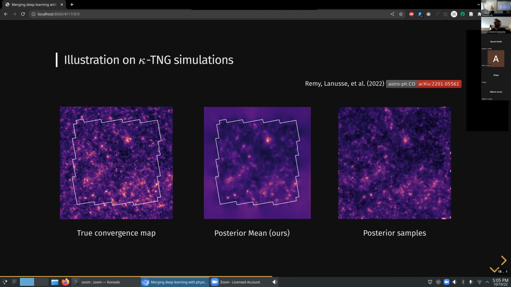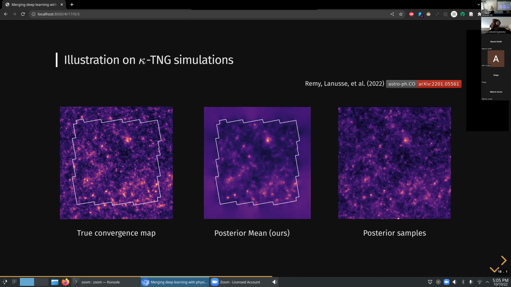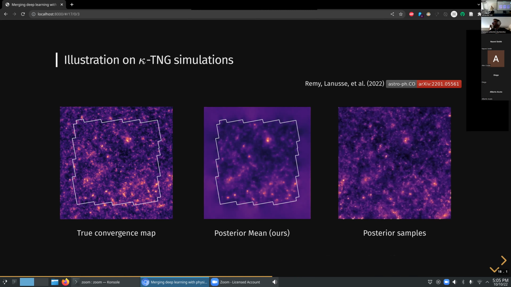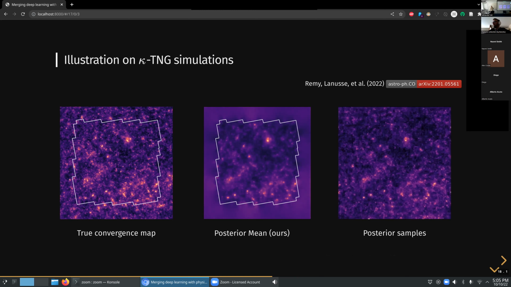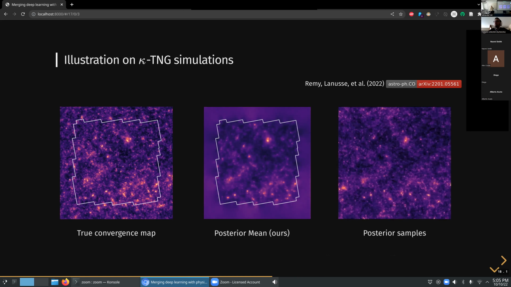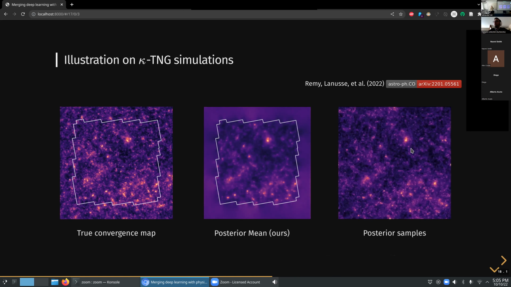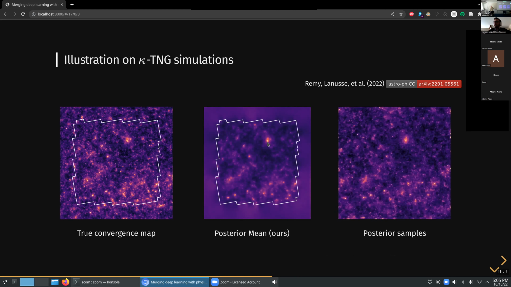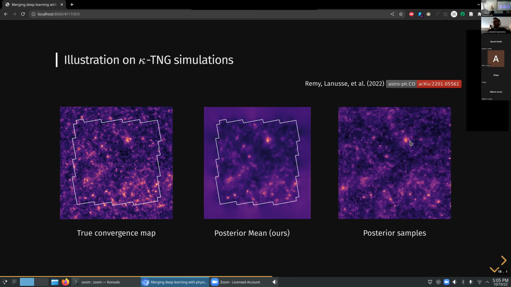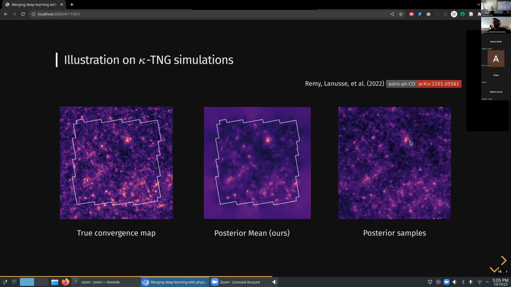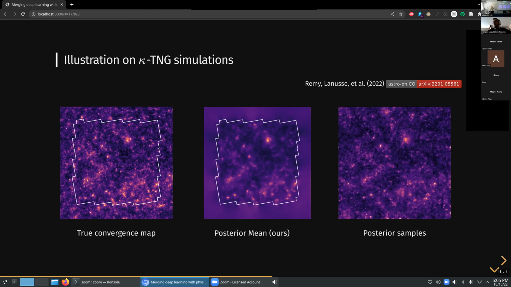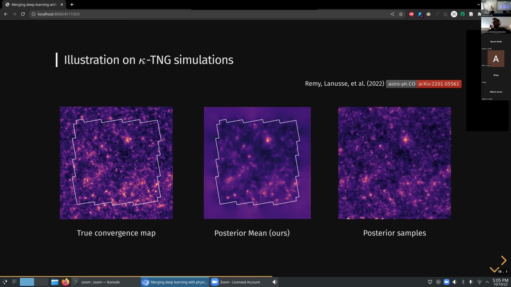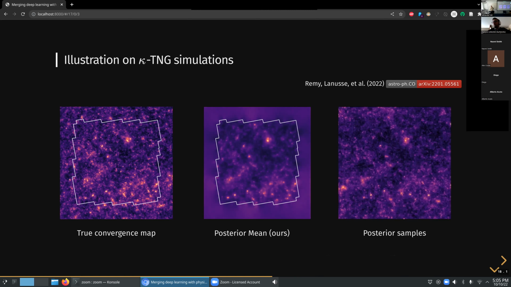One, I don't have a good answer for you about how to quantify whether or not the prior is correct, or how to extend this prior if it's not correct. But second, even though the prior may not be correct, the fact that a particular structure remains in the posterior samples means that it's not just driven by the prior, it's also driven by the likelihood. So there are some likelihood constraints there.